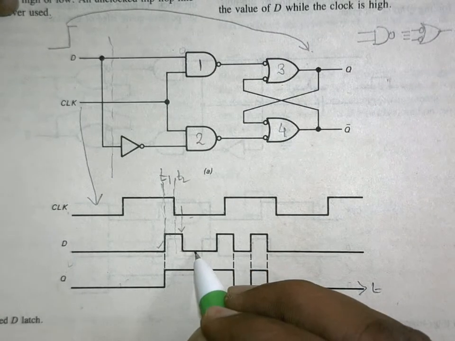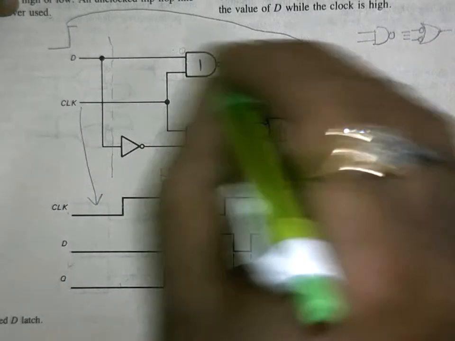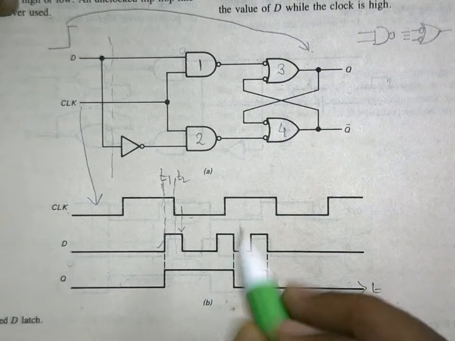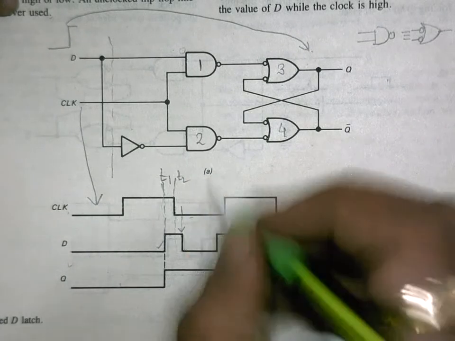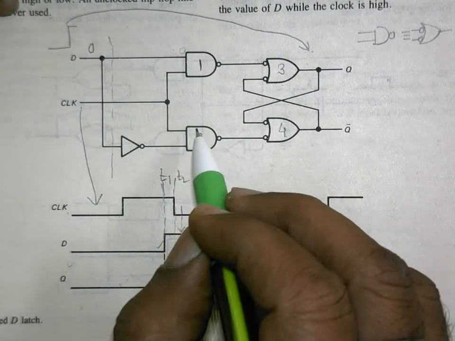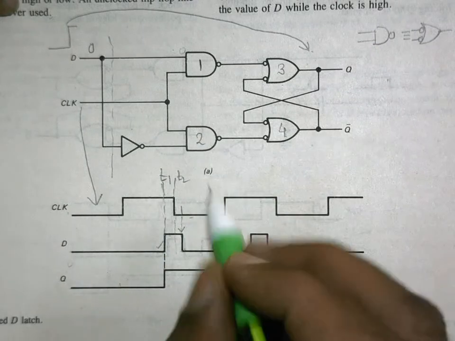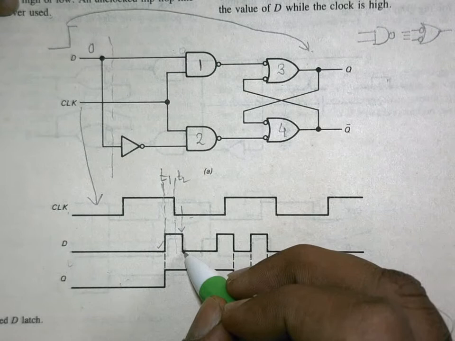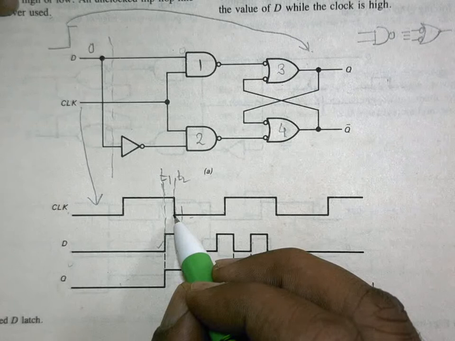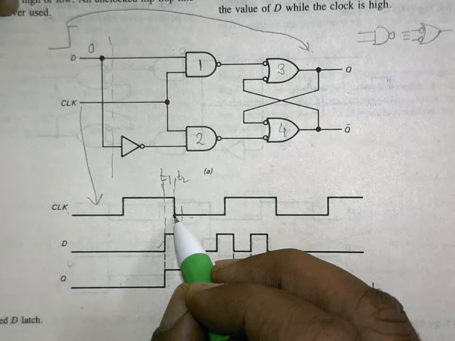But whether this 0 is being entertained by this circuitry to produce its effect at the output, we have to see. Whether this applied 0 at this D input is being entertained by this circuit. No. Why? Because when D has been applied equal to 0, the clock was also equal to 0, and when clock becomes equal to 0, no change at the input is entertained to make any change to the output. This is the characteristic of D flip-flop.